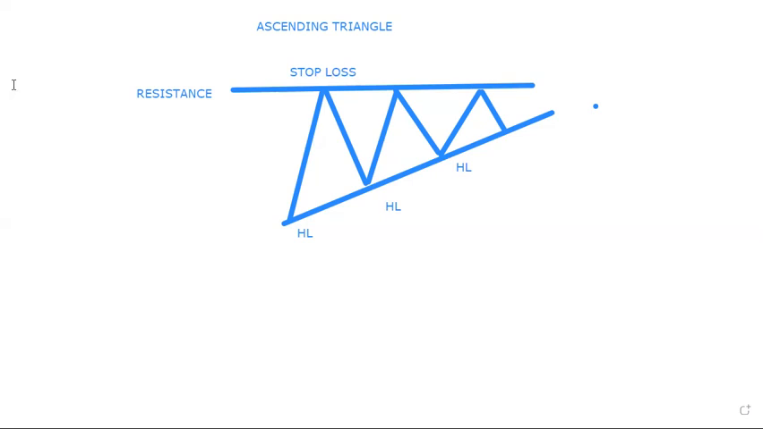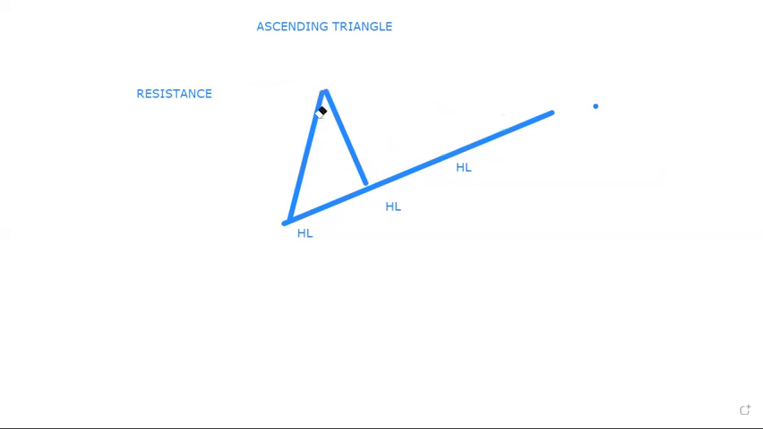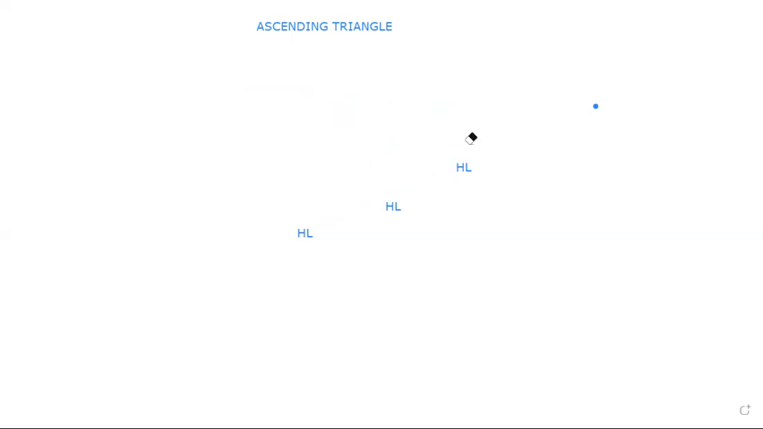Now, descending triangles are just the opposite of ascending triangles. So let's write that down. A descending triangle is a sell continuation pattern